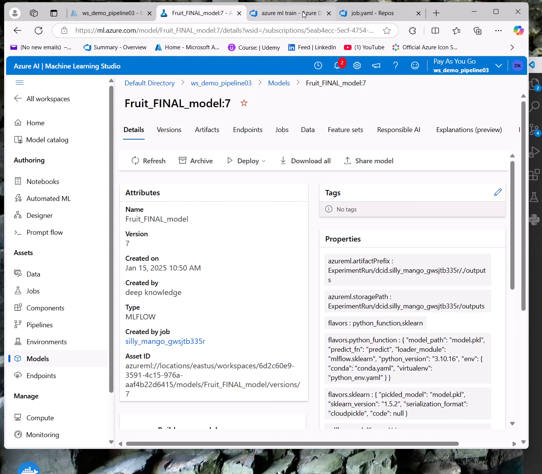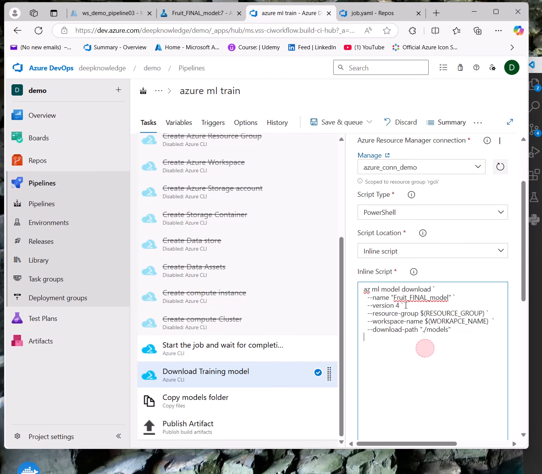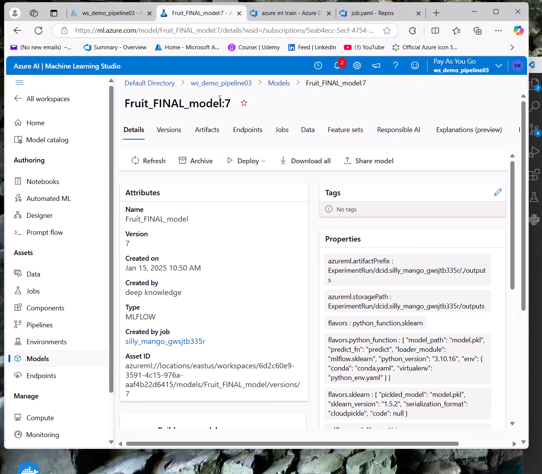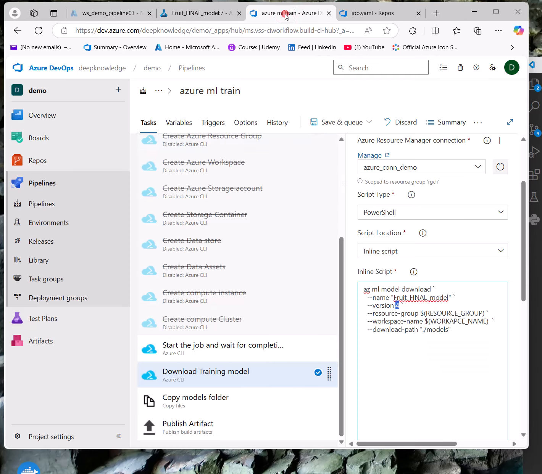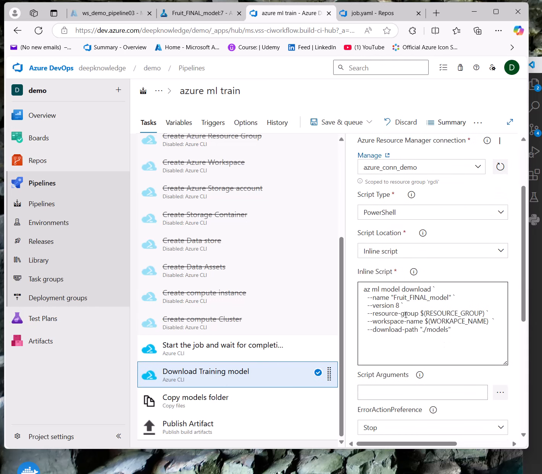So the next command in the pipeline tells AzureML to try to download the model with the final fruit name and the version. Let me see what the last version was here. It's 7, so it should be 8, because if we run this, it will update the version number to 8.